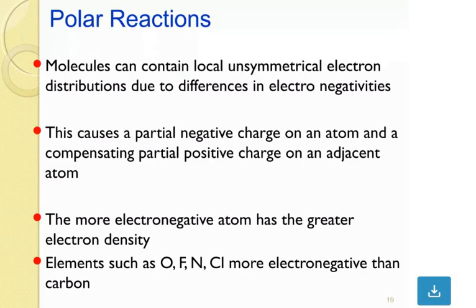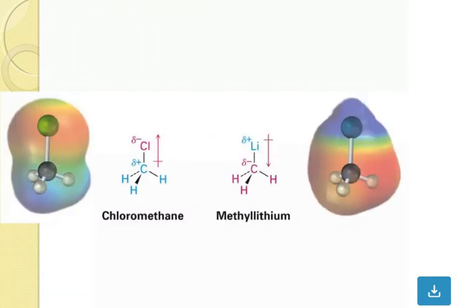Now, polar reactions. You know, my friend, molecules can contain local unsymmetrical electron distribution due to differences in electronegativities, and this causes a partial negative charge on atoms and a compensating partial positive charge on an adjacent atom. The more electronegative atom has the greater electron density. So elements such as oxygen, fluorine, nitrogen, chlorine are more electronegative than carbon. So you can see chloromethane, the dipole moment direction is carbon to chlorine, and in methyl lithium, the dipole moment direction